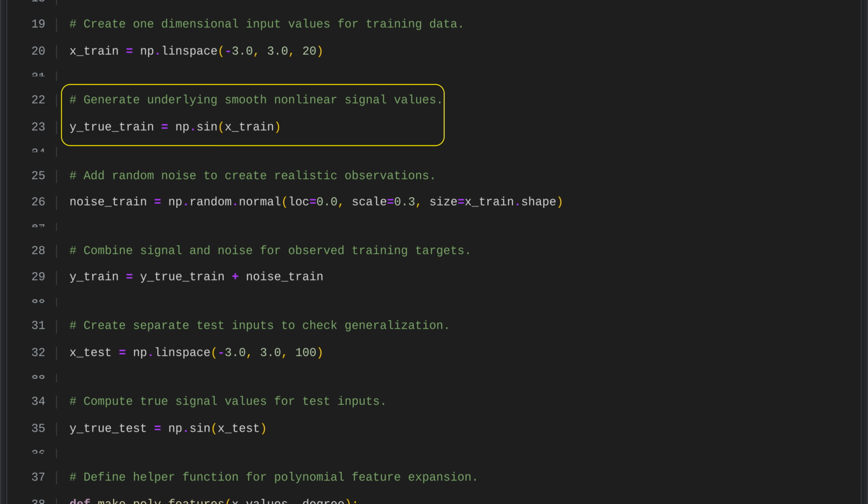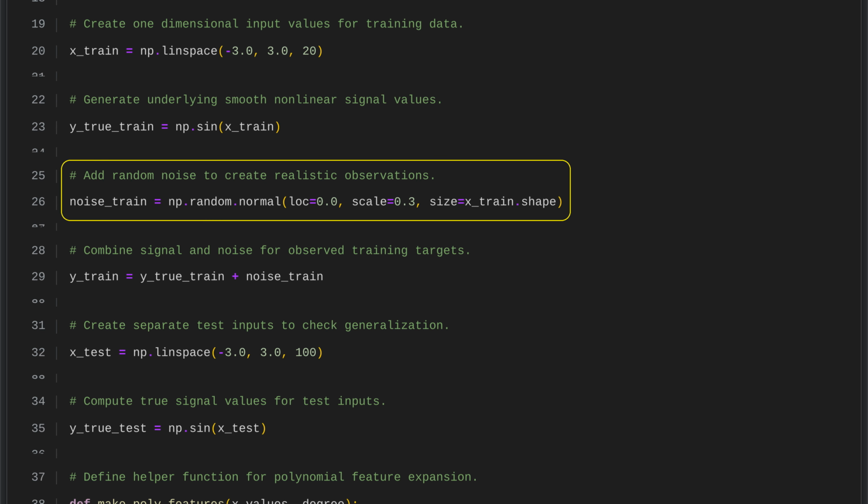We add random noise to the training data to make it more realistic and challenging for the model. This noise is generated from a normal distribution with a mean of 0 and a standard deviation of about 0.3. The noise array is created so that it has the same shape as the training inputs. By doing this, we simulate the natural variability found in real-world data, helping the model learn to handle imperfect and